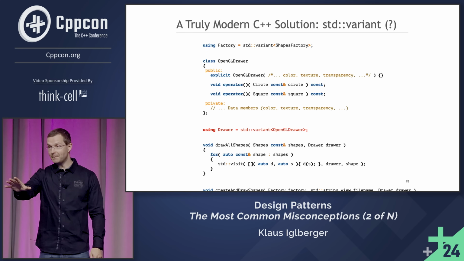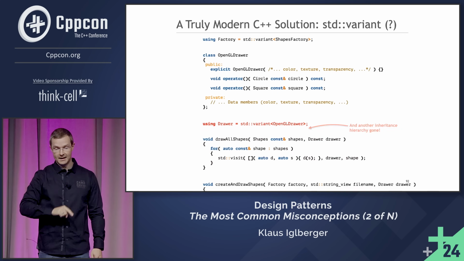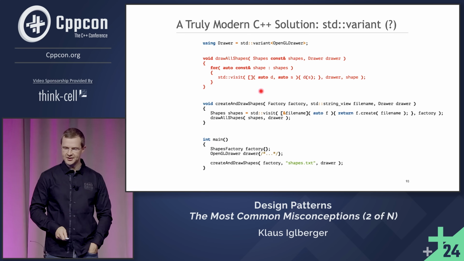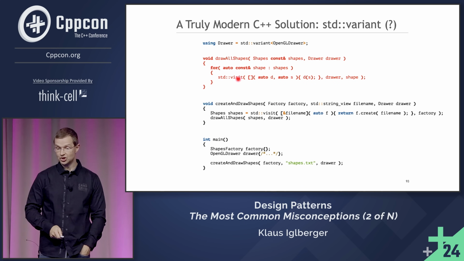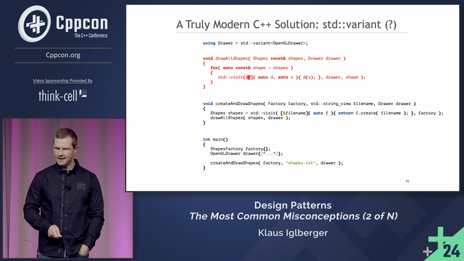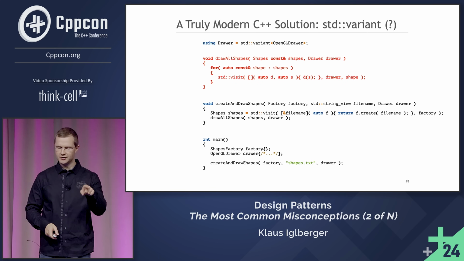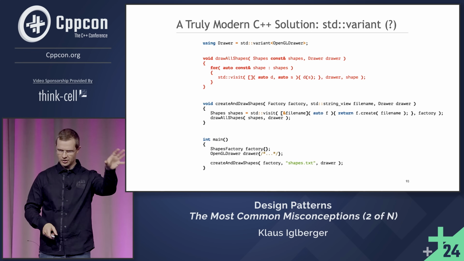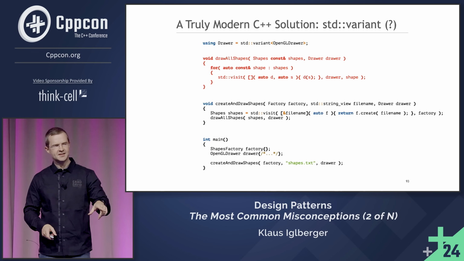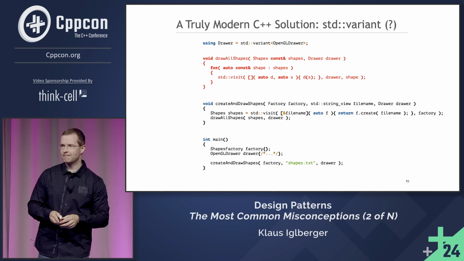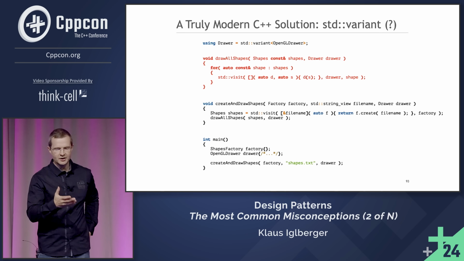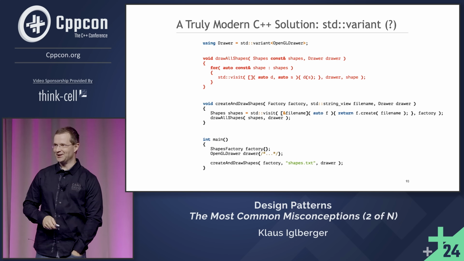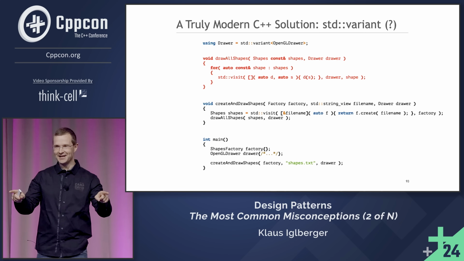Ooh. And now, you've not even seen the best of it. Draw all shapes. Draw all shapes now visits some shape. And you know what? I now pass two variants to this visit. Yes, two abstract things, a drawer and a shape. This is multi-dispatch. Actually, C++ as a language doesn't really support multi-dispatch, but this is still multi-dispatch. Pretty cool. Yeah, I see you're warming up to the idea.